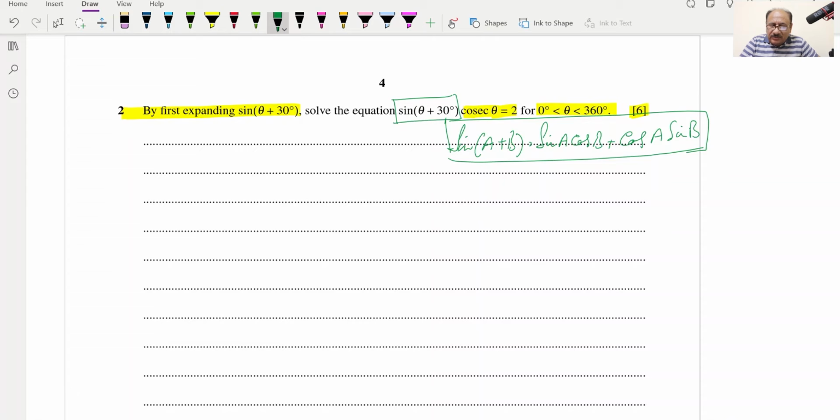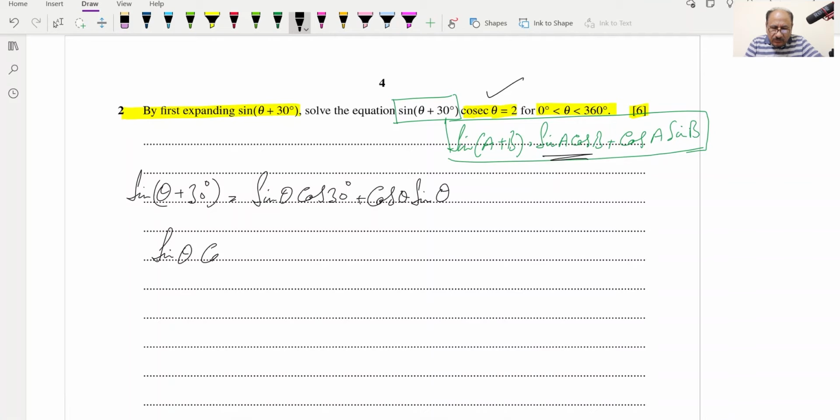And we have sine of theta plus 30 degrees. Sine of theta plus 30 degrees, according to this formula, will be sine theta cos 30 degrees plus cos theta sine 30 degrees. So now we can substitute in this equation, and this will be equal to sine of theta cos of 30 degrees plus cos of theta sine of 30 degrees. Okay, so this is 30 degrees, and now bracket close, and outside will be cosecant theta